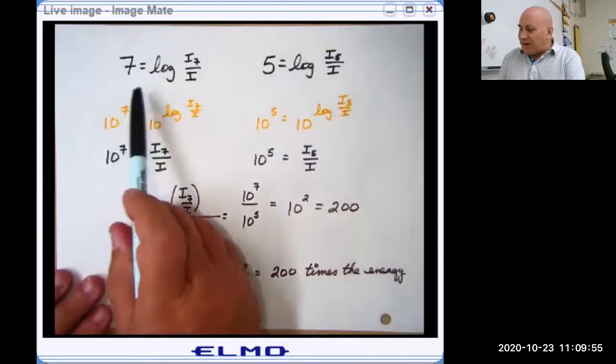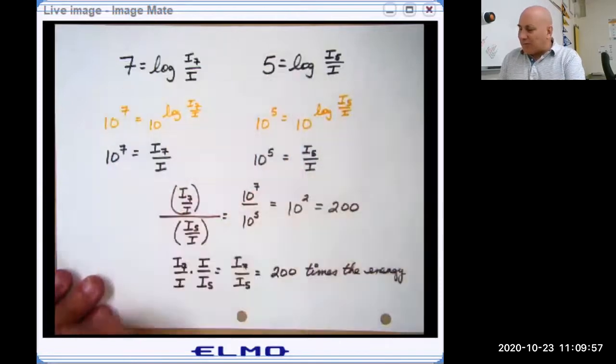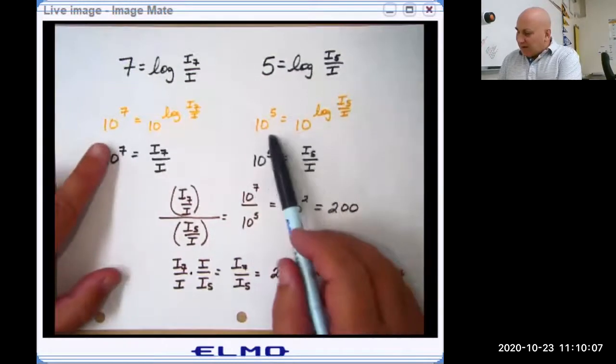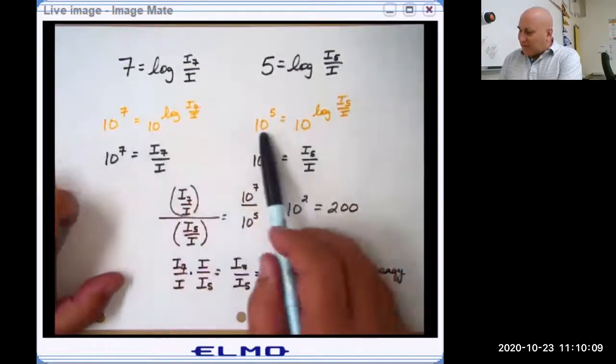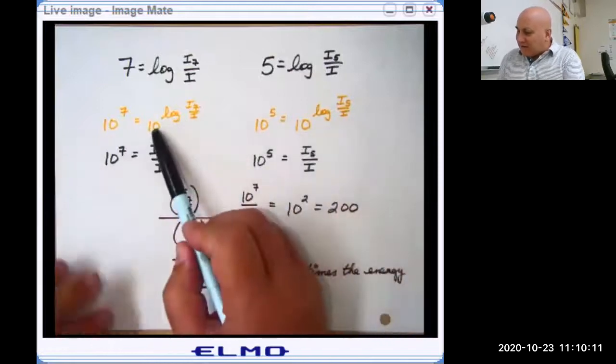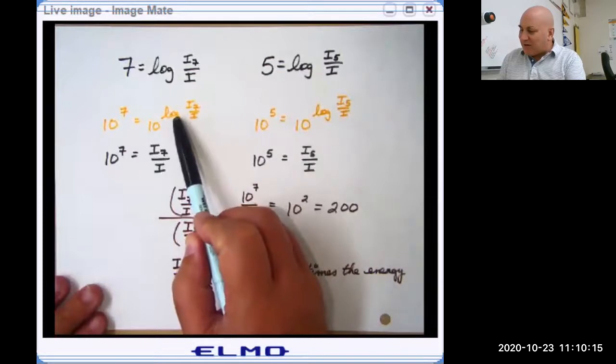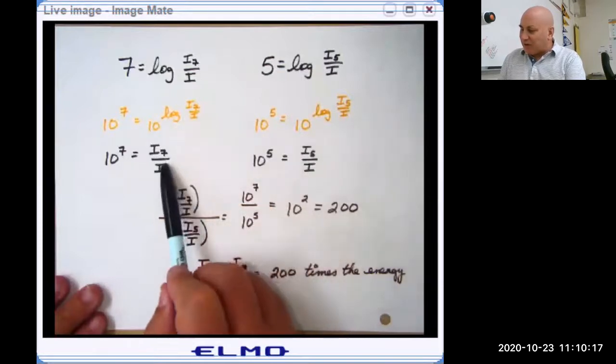So I'm going to take 10 to both powers. Maybe I should have taken E. As I said, maybe that is a natural log. But for right now, we'll just assume common log. So I'm going to raise 10 to both sides here and 10 to both sides here. The exponential base 10 and the log base 10 will undo each other. And I'm left with